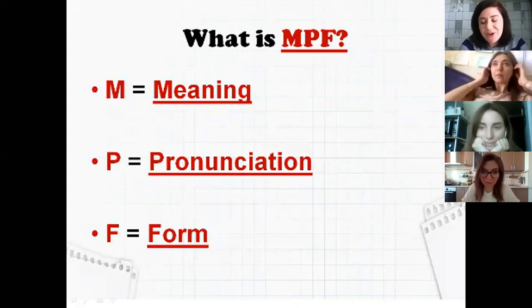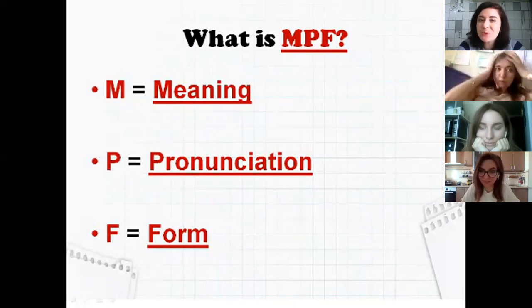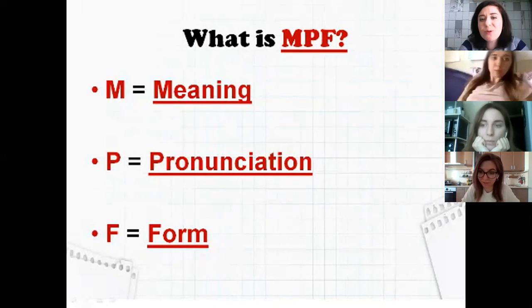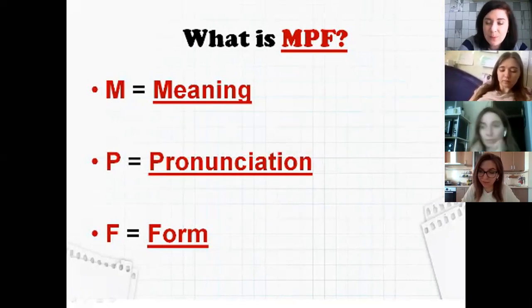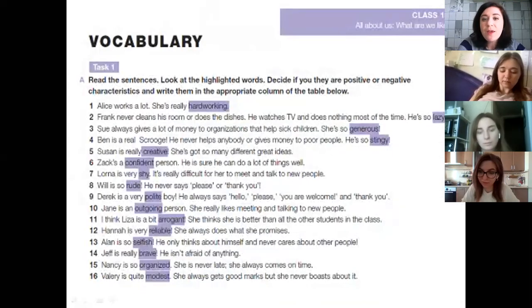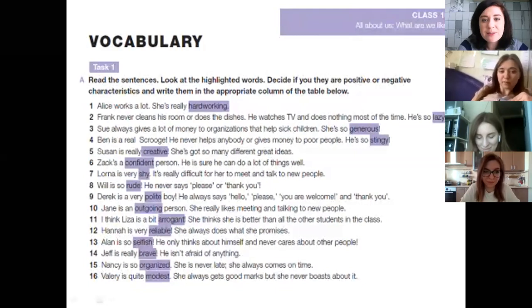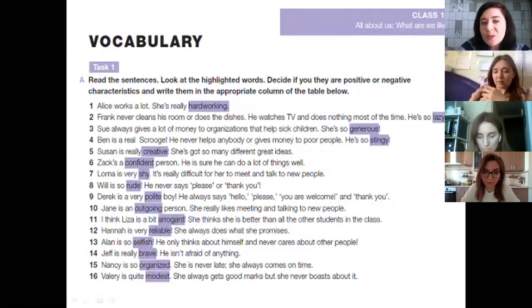I will share my practical examples of how I used CCQs. I took examples from 3 different levels: elementary, intermediate, and pre-intermediate, both vocabulary and functional language. So here, as you can see, it's a vocabulary lesson from elementary level, and the students' task was to work with personality adjectives, personality characteristics. So the book suggests that students read the sentences and divide highlighted adjectives into